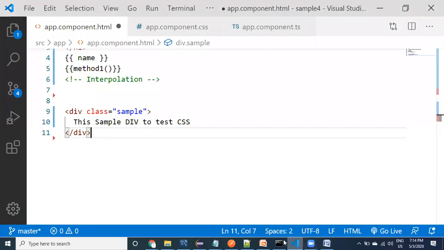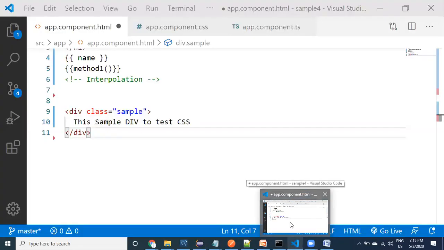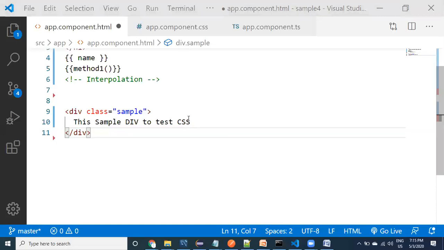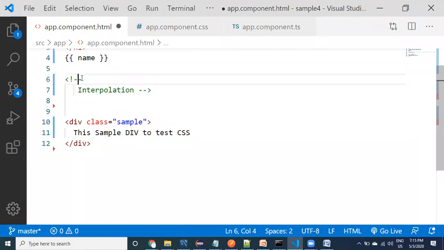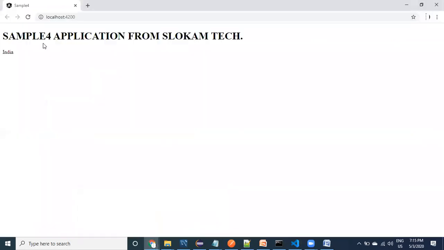The method I'm going to remove now; I just showed it as an example. I'm not going to call this method one, so I'm going to keep it inside comments, because if we call it multiple times, it is going to be called each time. Let us look at it, guys.